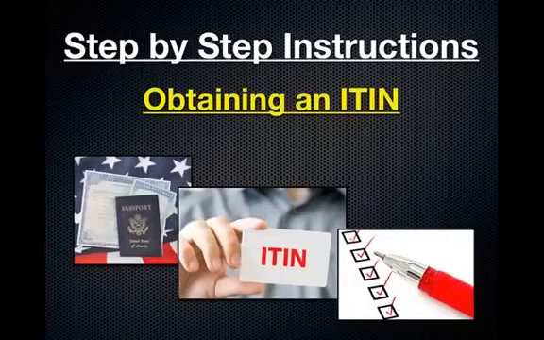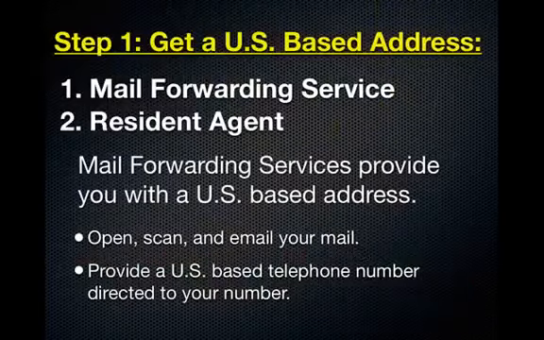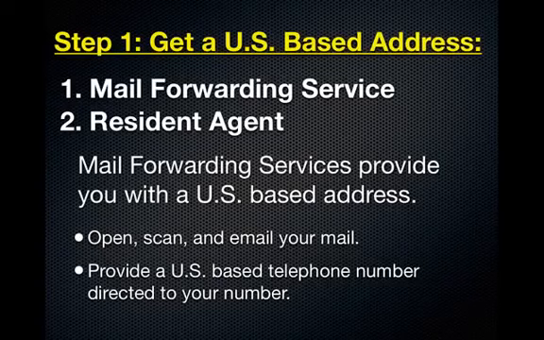So let's cover some basic steps on what you can do to obtain a taxpayer ID number. Step number one is to get a US-based address. Now, there are a couple of different ways that you can do this. There are mail forwarding services, or there are also what are called resident agents that you can oftentimes get in